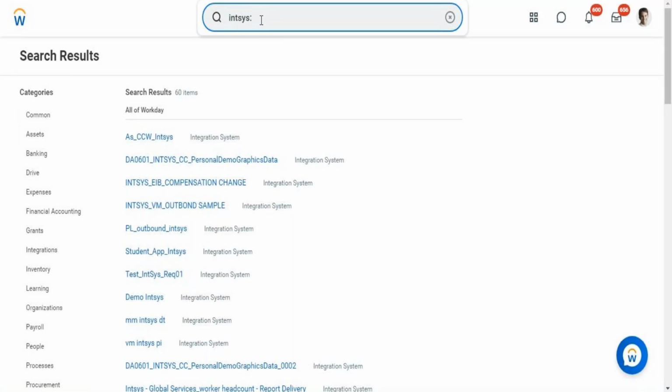Now, if you don't want to go this way, and if you wanted to know the proper integrations that are created for each module, you can create a report. Actually, there is a data source called all integration systems. You can take that data source, which will provide you all the integrations that are created in Workday, and you can do filters if you know which integration is sending to a benefit